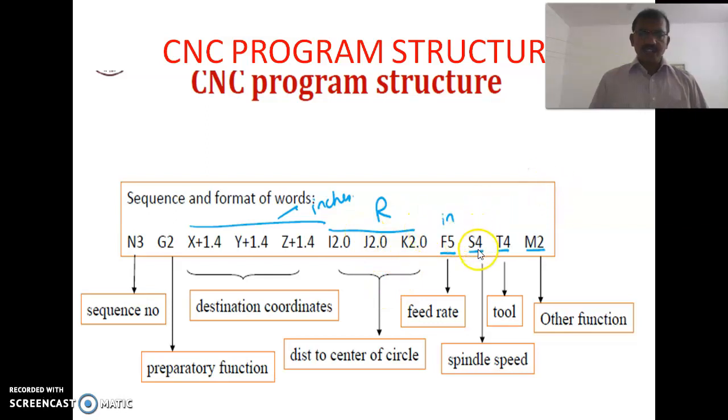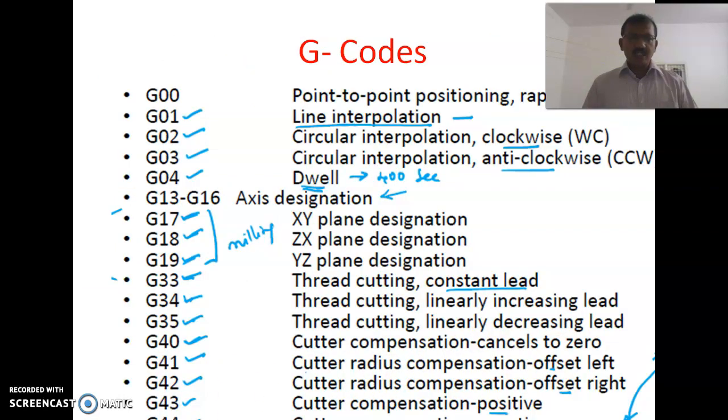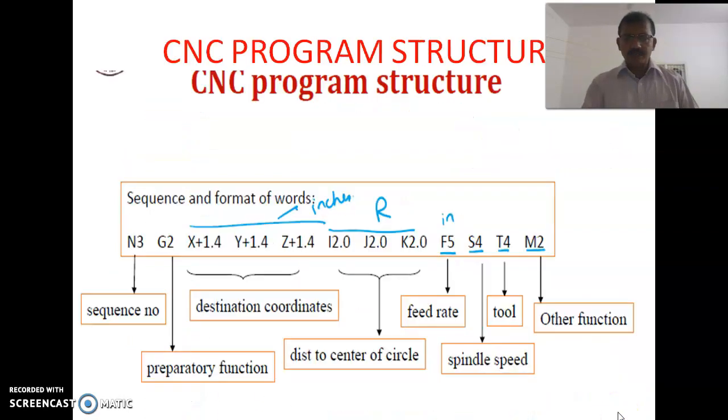And S code represents the spindle speed of the machine. Okay, spindle speed. The spindle speed is S500. S500 means the spindle rotates at 500 RPM. So it represents the speed of the spindle. But this will not actuate the machine spindle to rotate.